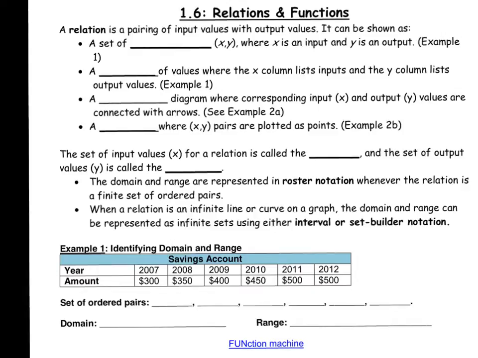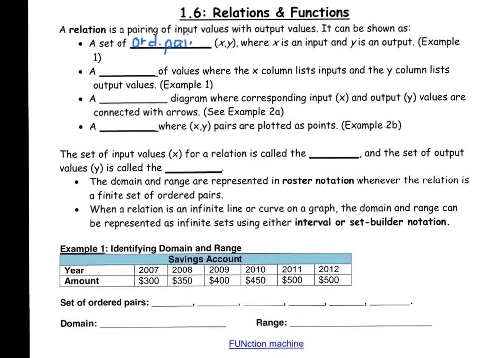Today we get to learn about relations. Relations are things that go together, like a relationship of two people. So a relation pairs input values with output values, and we have a couple different ways of representing them. You might see a set of ordered pairs